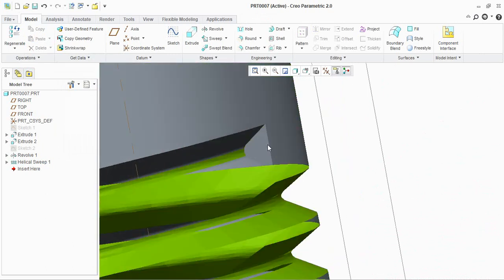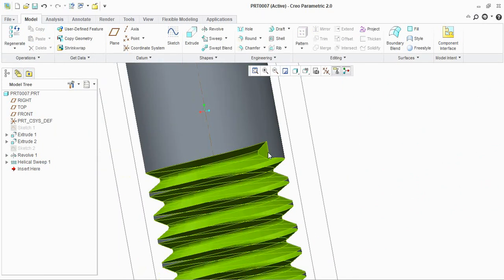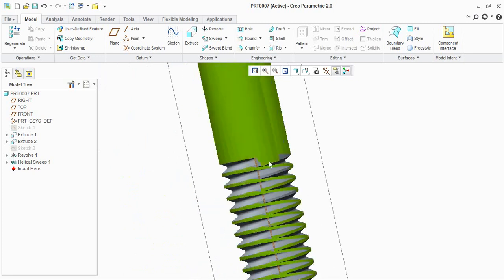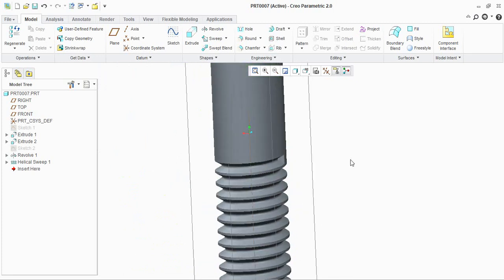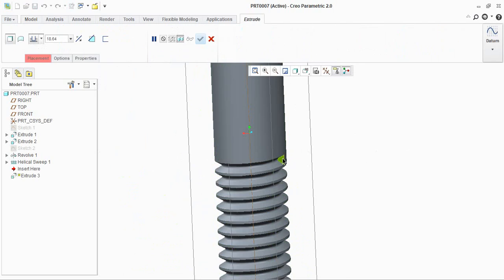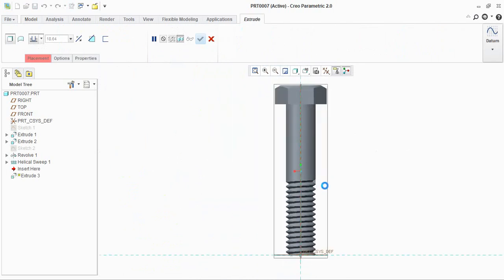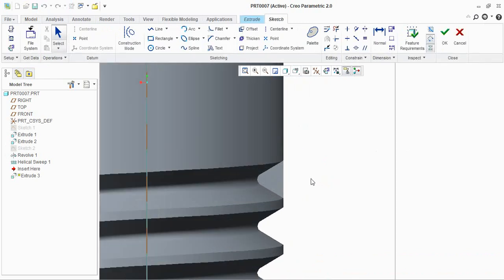Here you can see this corner edge is not correct. The edges should be merged with these faces. For this we will again go for the extrude option and select this face. We are going to use the project sketch option.